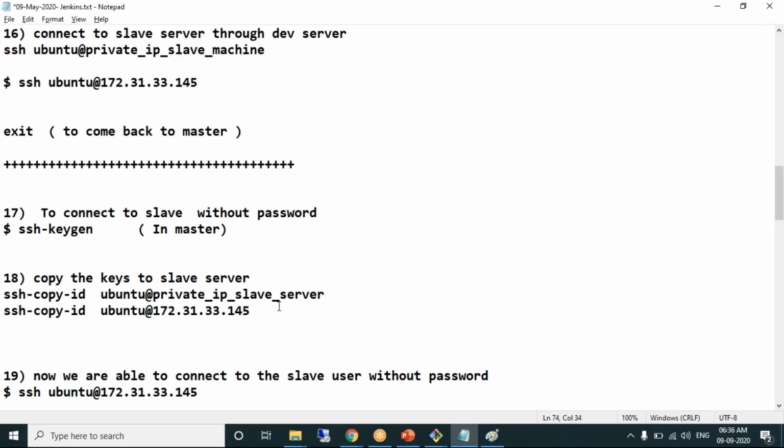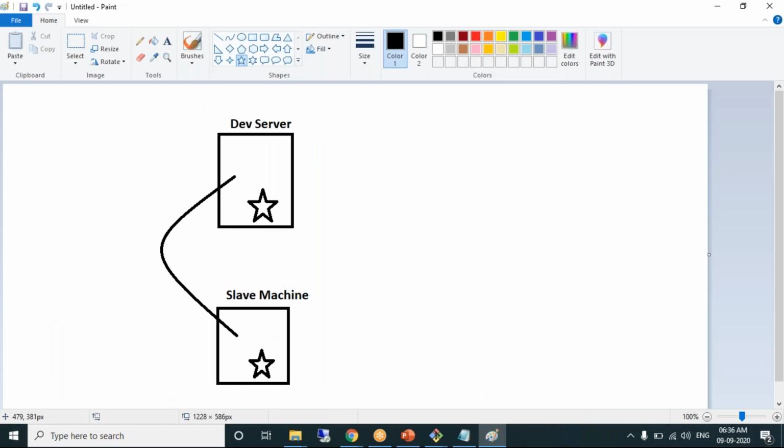Sunil, one small question. Even we can copy these keys into test or production systems also? Yes, you can do this between any two Linux machines. We have established passwordless connection between two machines, and you can do it between any machines, dev to QA, dev to prod.